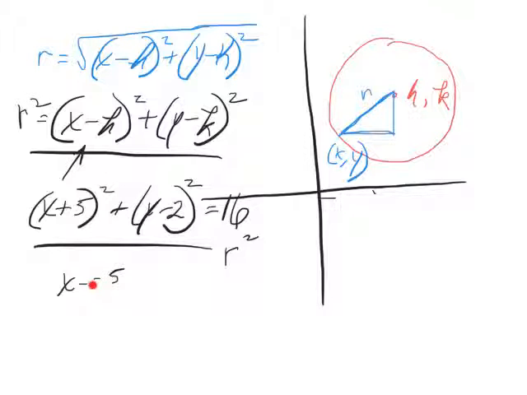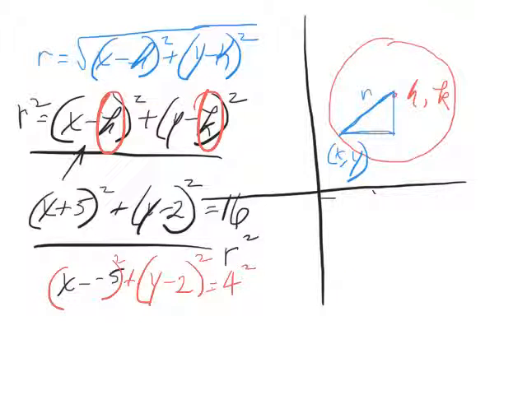And the same thing we're going to do with the y value, but the y value is already negative, so it's just going to stay negative. So that's squared, and that's squared, and that equals 4 squared. My radius is 4. And so that tells me that my center, because h, k tells me my center, is negative 5 from here, and